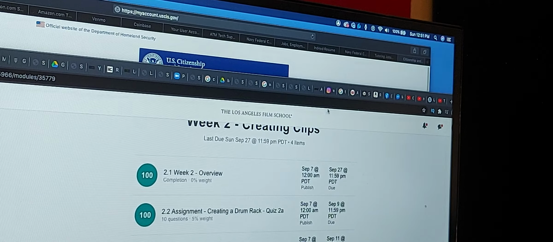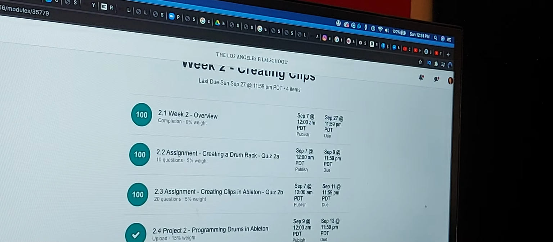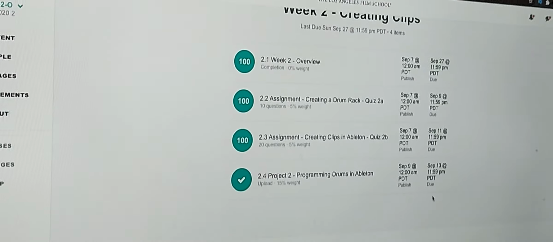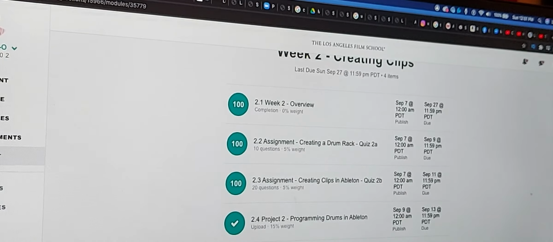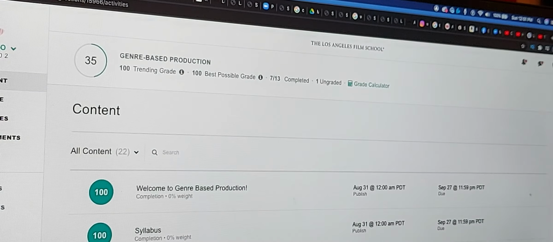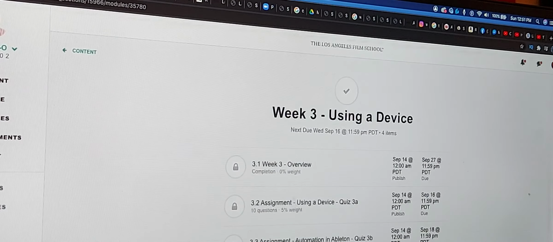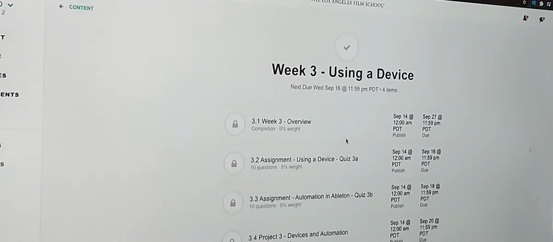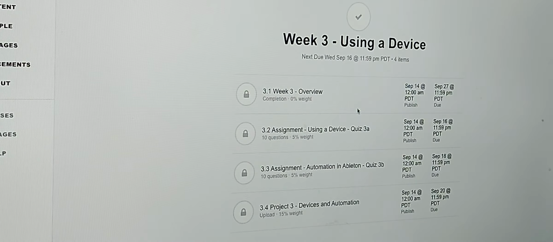And I'm just going through this month without having to stay up too late doing assignments, because that's all I've been doing, because I got to work and all that. So this coming week, we're going to be doing week 3, 3rd week of September. And it's got padlock symbols all over it. So basically I have no access to it. And this dude right here kind of gives me the impression that because he knows he's made it so easy, people are just going to go through it and be done with it. So he's kind of dragging it, which to me is not a comfortable feeling, because I want to be done with it so I can have time for other things, and rest myself and all that. So yeah, that's what I'm saying.